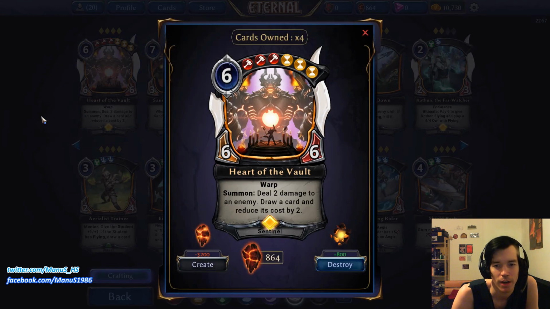And next we have Heart of the Vault. This card is just pushed to the limit. Couldn't be any better than it is. The 6/6 for 6 is already really good. The fact that it can be for free with warp makes it even better, and even if you don't warp it, you still can potentially kill a small thing of